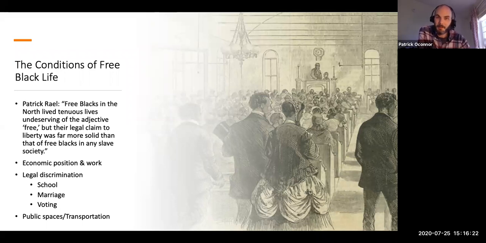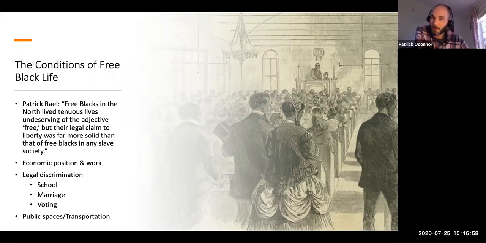Those jobs tended to concentrate in cities, so those percentages would be a little bit higher in a place like obviously New York or Boston, as well as cities that were big in the 19th century and aren't as big now, like Rochester, New York, or New Bedford, Massachusetts. I think this passage here really sums up the conditions of free Black life. This is from the historian Patrick Rael, who gave us some helpful hints about writing and reading earlier in the semester. He said this: free Blacks in the North lived tenuous lives,